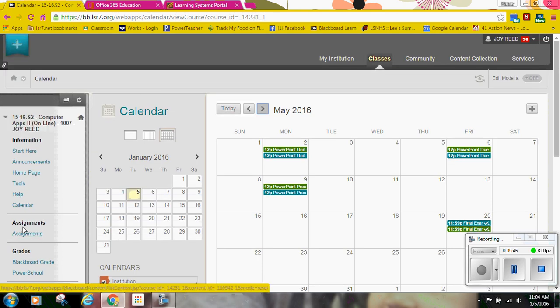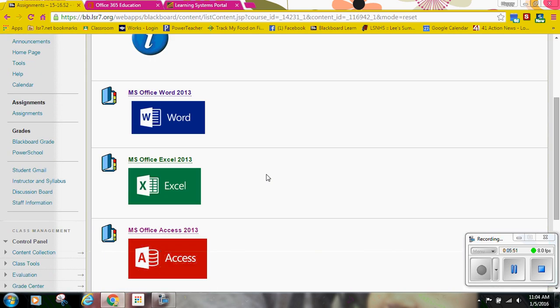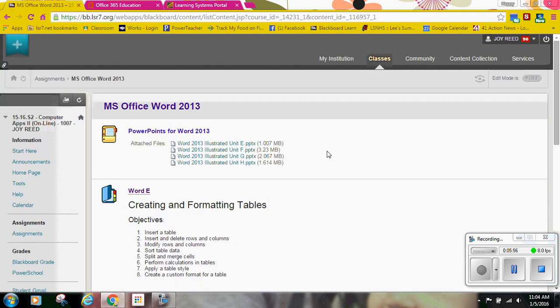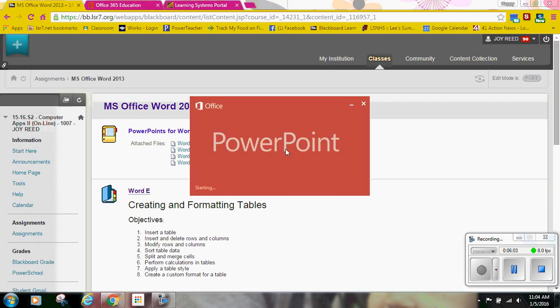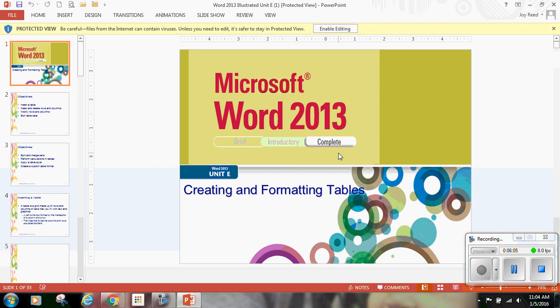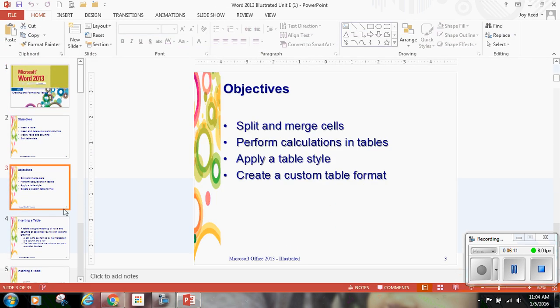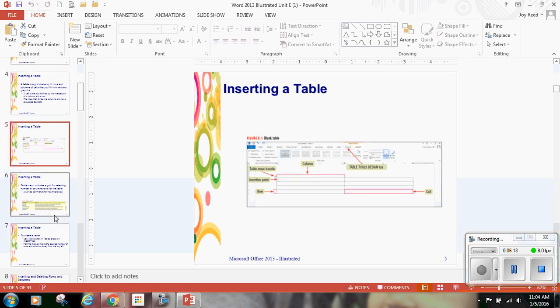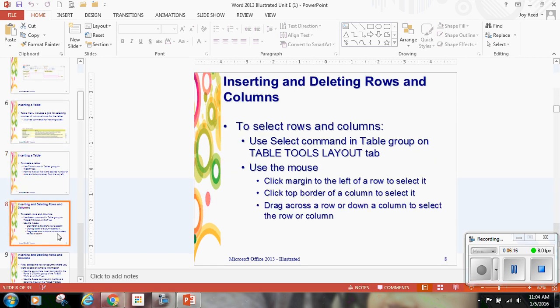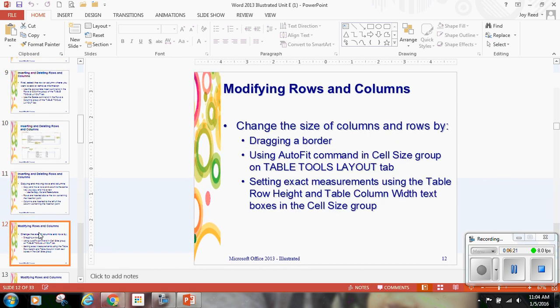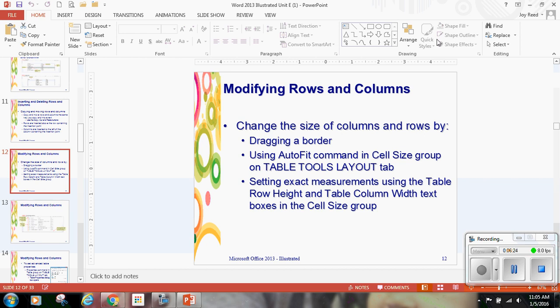How do you get your assignments? Right over here underneath assignments, we have another link called assignments. And I have your 4 programs listed underneath Microsoft Word. Then these are PowerPoints if you would like to watch them to explain how to complete the task or just a little more instruction. Again, you can tell it goes with the book, gives you your objectives, explains how to do some things. Again, it goes right along with your textbook, but if you'd rather watch a PowerPoint or if you just want to see if you can find something here easier than in the textbook,